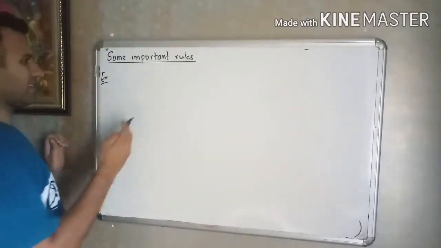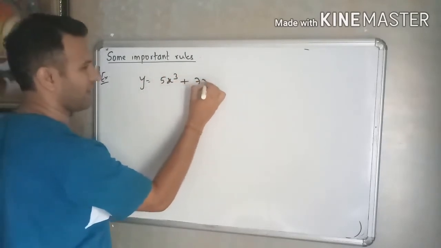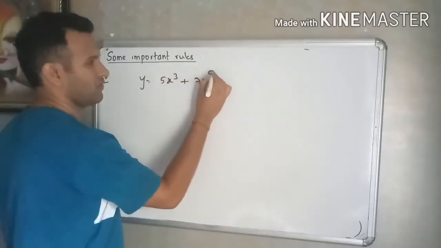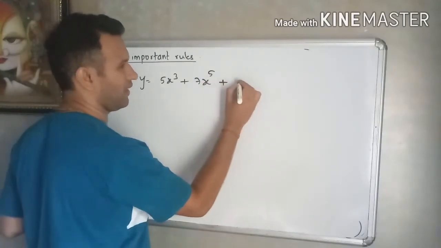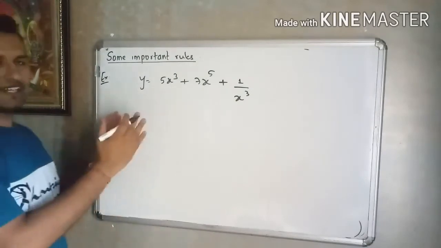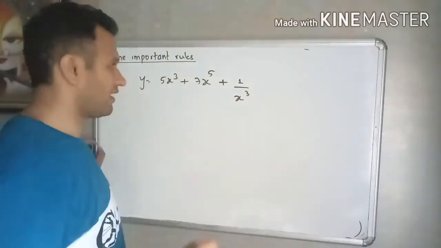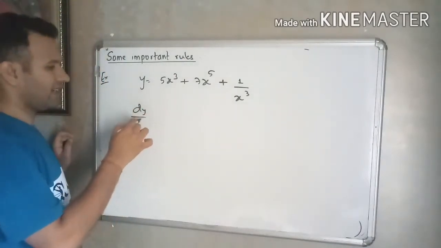अब हम लोग बात करते हैं, नाउ लेट्स टेक मोर एग्जांपल्स। एक एग्जांपल और लेते हैं कि y is equal to मानिए 5x क्यूब प्लस 7x रेज टू 5 प्लस 1 बाई x क्यूब, ऐसा एक फंक्शन है। अब हमें इसको डिफरेंशिएट करना है, तो आप देख सकते हैं यहाँ पे 1 2 3 फंक्शन है, कितने फंक्शन है, 3 फंक्शन है। तो अब हमें इसे डिफरेंशिएट करना है, dy बाई dx